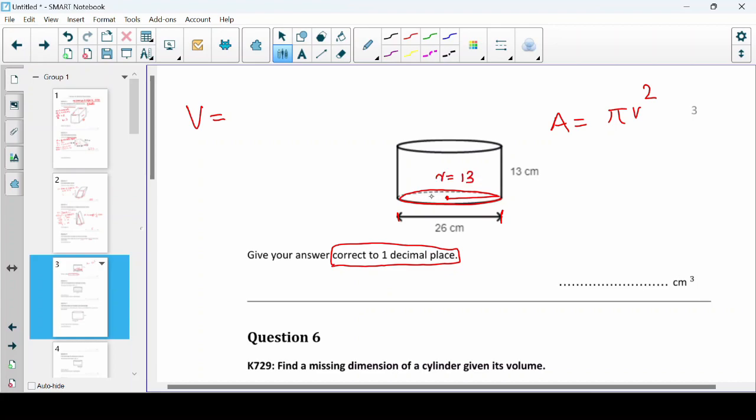So that is pi times 13 squared is the area of the circle. So the volume of a cylinder is base area times the height. The base is a circle, so its area is pi times 13 squared, 169, times 13 is the height. So if we solve this question,